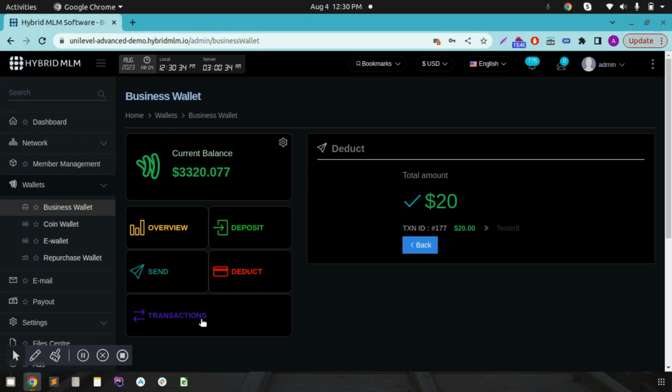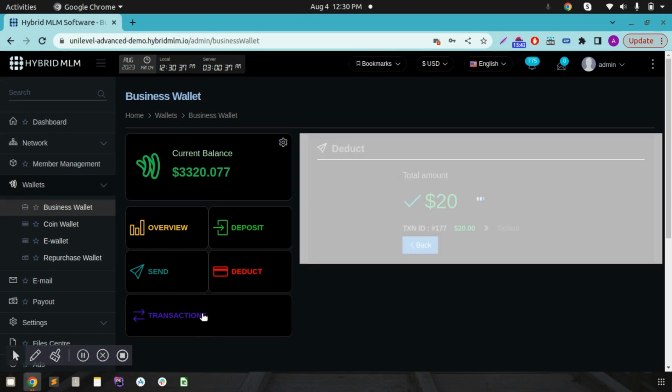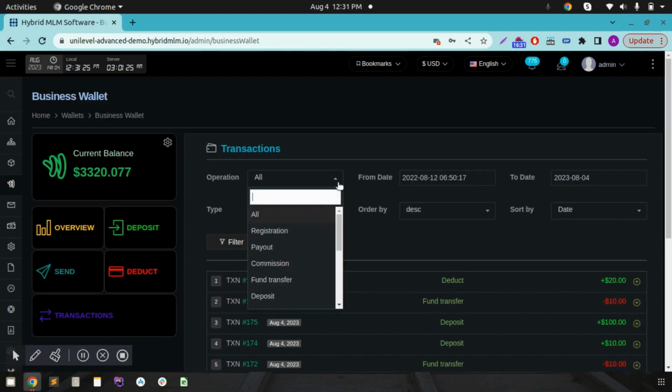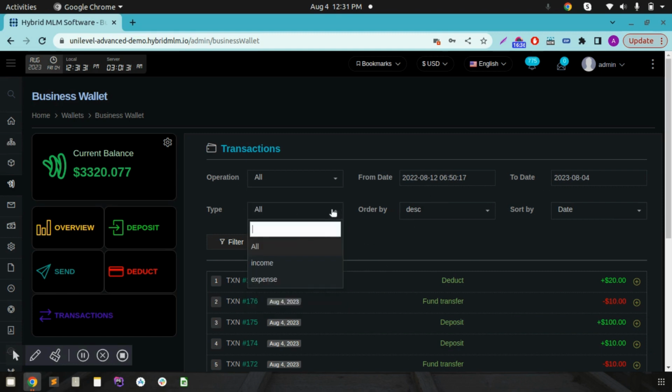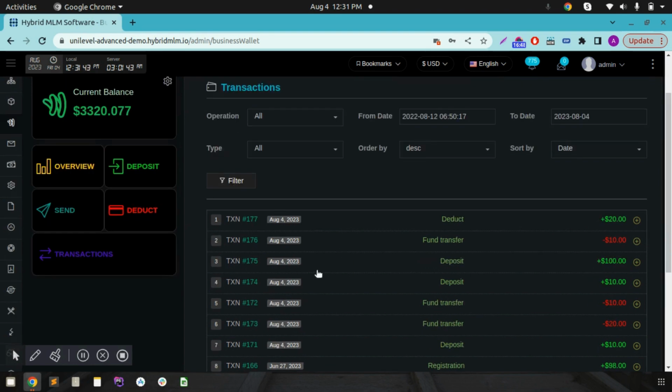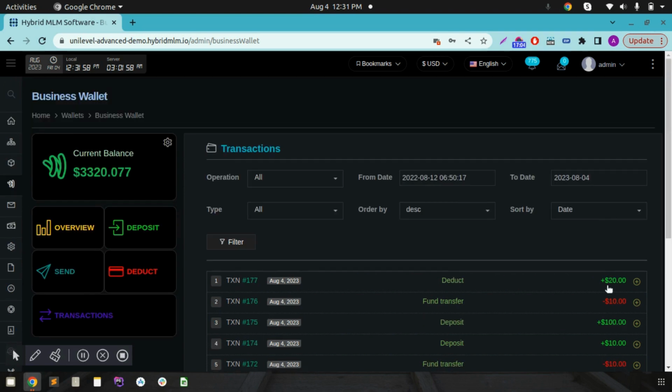Then here you can see the transaction option. By clicking the transaction, the admin can see all the transactions from his account. Admin can filter these transactions based on the operation type, from date to date, and other types, ordered by, sort by, etc. So here you can see all the transactions in table form with the transaction ID, the date on which the transaction occurred, and the operation type, and the amount